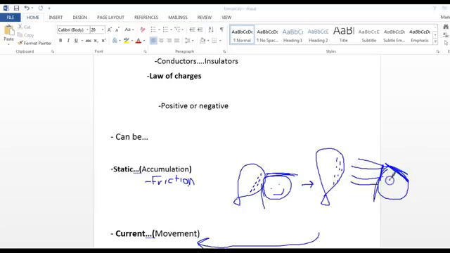You can also charge up a balloon, make it stick to the wall, or whatever. That's static electricity, just an accumulation. You rub something through friction, the electrons get placed on something. It usually should be something that's an insulator, so it can hold the electrons and they don't travel somewhere else. And then you can use this charged object to do things, like attract hair or whatever it is. Usually you're going to use it for something more important than that, but this is a good example of how